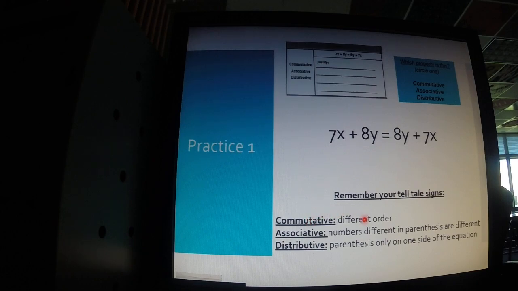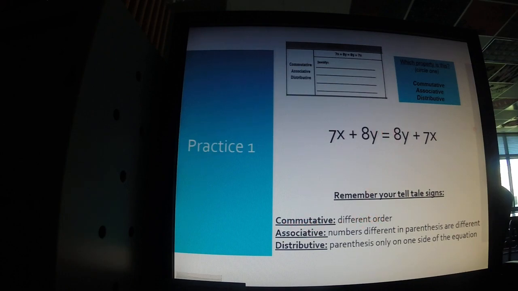Are the numbers in a different order? Are the numbers in the parentheses different? Or is there parentheses only on one side of the equation? Well, this one's pretty easy because the associative and the distributive both have to have parentheses. Does this have any parentheses? No. So we know that this is the commutative property, which means that the numbers should be in a different